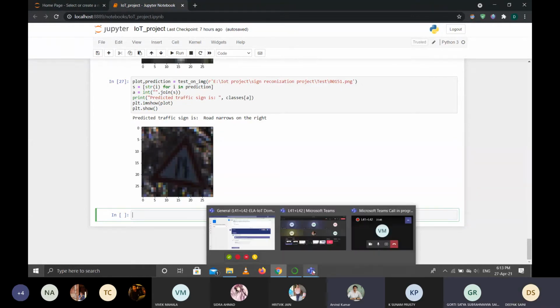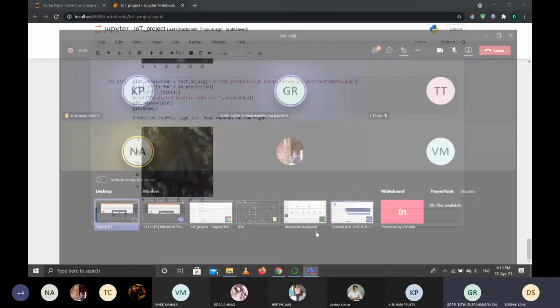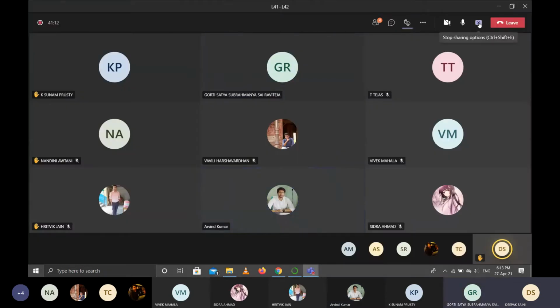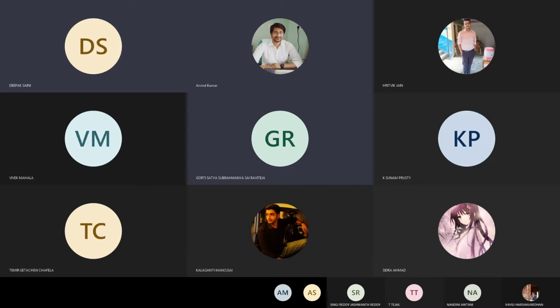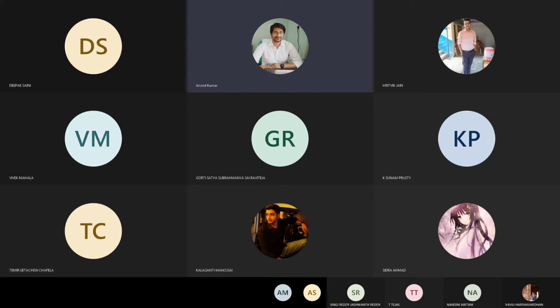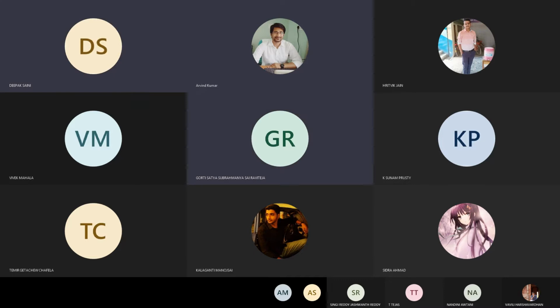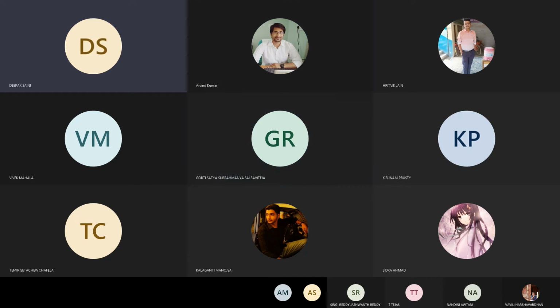Sir, in review 3 we have to show this again, and it will take half an hour to train the data. No, from here you can start, because in this review 2 I have given enough time. So in review 3 you can even conclude. Sir, in review 3 we will directly show the GUI part. Yes. Okay. Yes, sir. Thank you, sir. Thank you, sir.